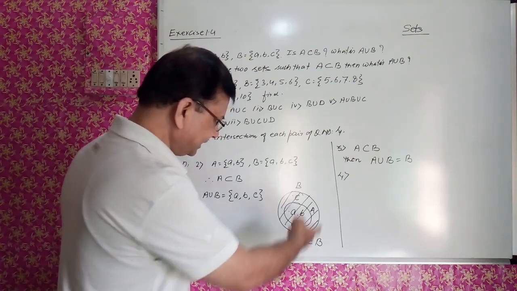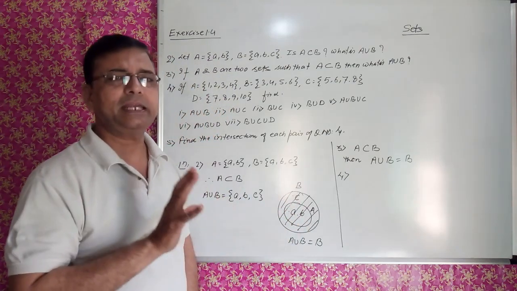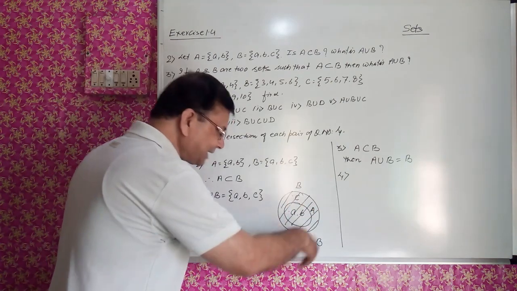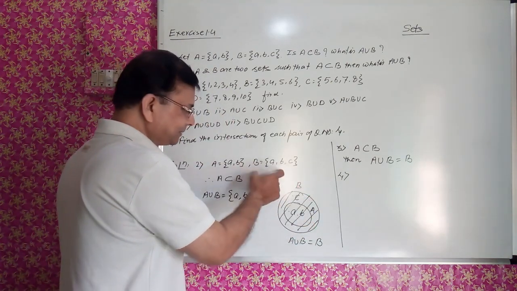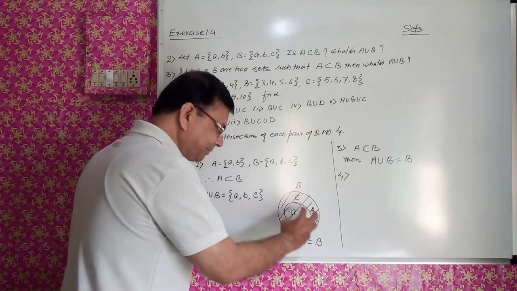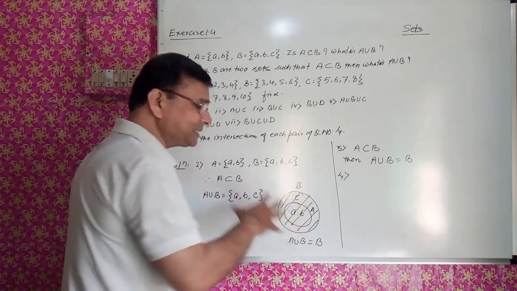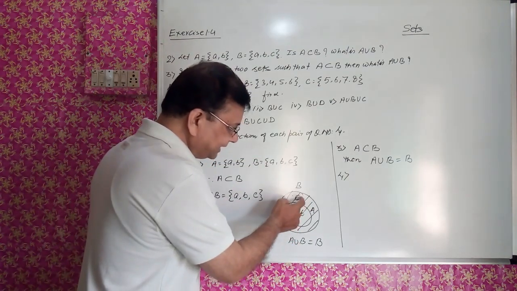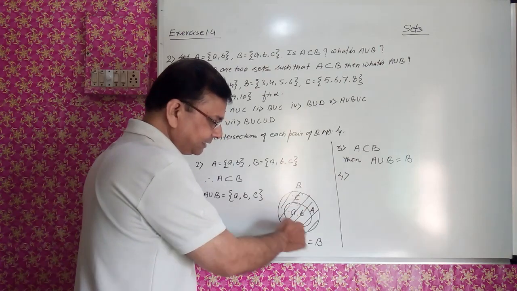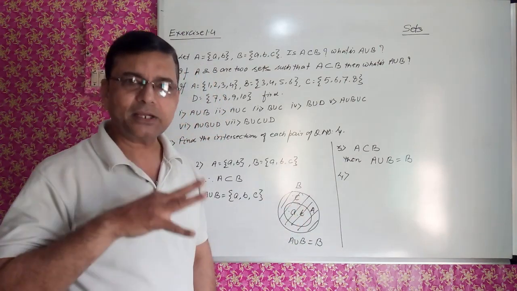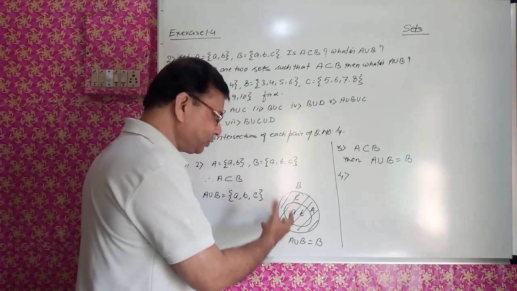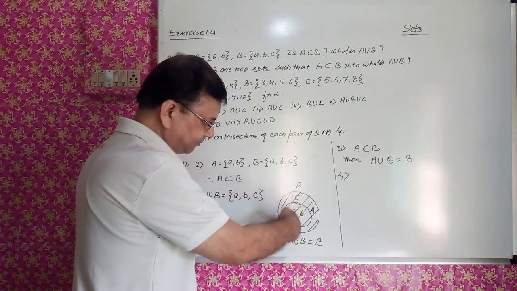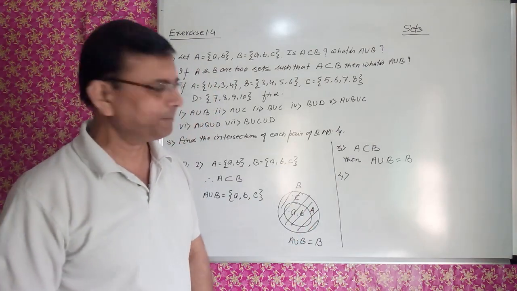The concept is clear. With the Venn diagram, things become very easy. When a subset is there, this set is inside the bigger set. A is the subset of B means A is inside B. All the elements are here in B. But some elements are there which will not be in A, but will be in B. So that is the c. In this case, we have written this c outside the set A. But when we are making a union, the elements should be either in A or in B, so we will take all these elements. This complete set B will come as A union B.